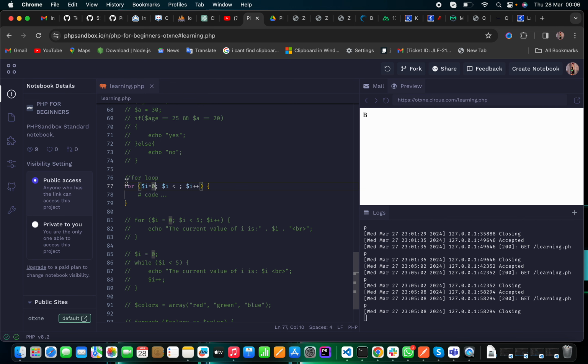Let me explain better. A for loop is a loop used to list a series of numbers, an incrementing number. Maybe we want to list numbers from 1 to 20, or from 1 to 100. The for loop is the best method to use, right? So I now want to loop from 0. Okay, let's say I leave it from 0. I open the for loop, and then I create